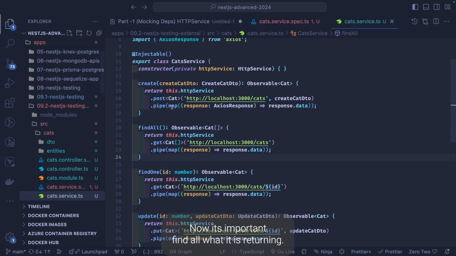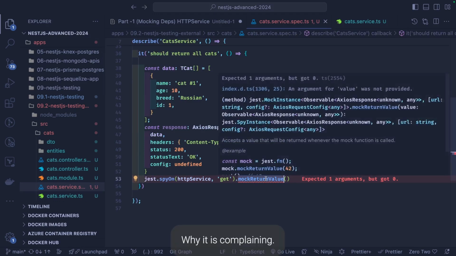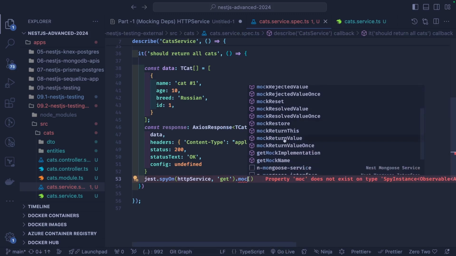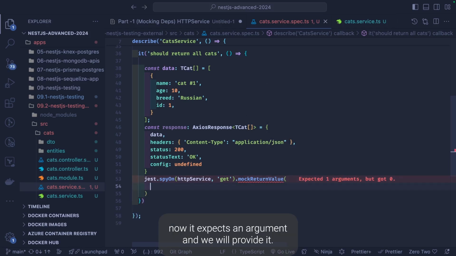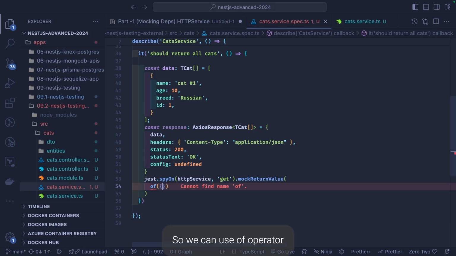Now it's important. findAll, what is it returning? It is returning Observable of cat array, right? So we also need to return the observable data. Why is it complaining? mockReturnValue, okay, it is there. Now it expects an argument, and we will provide it. So it should be an observable, right? So we can use the of operator